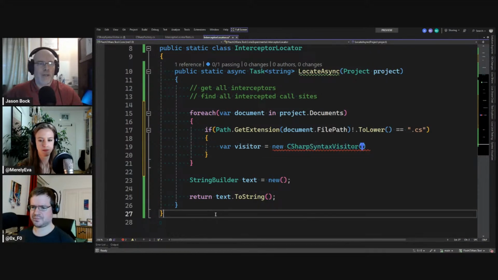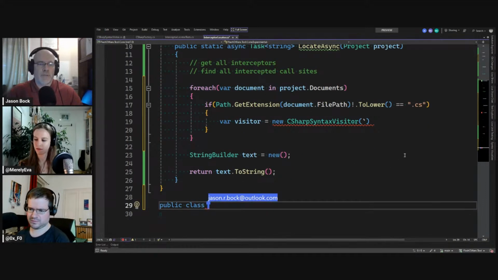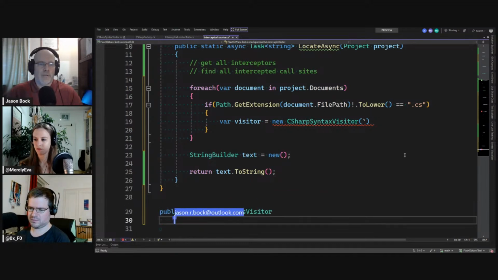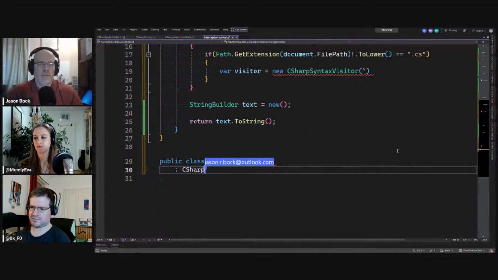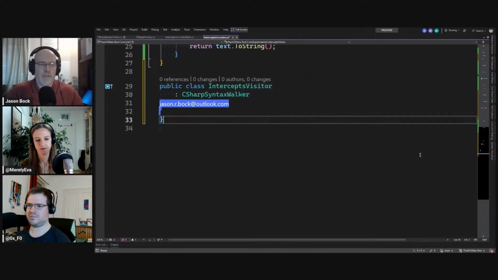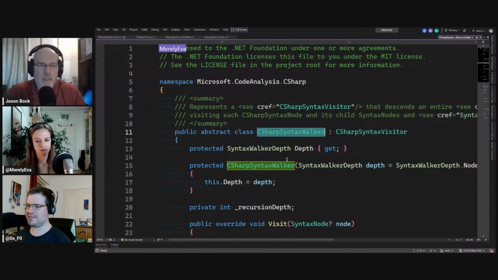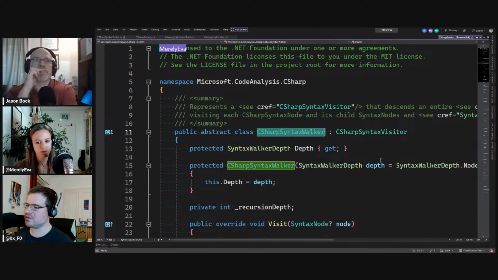So, let's do this. We go public class intercepts visitor, derived from C# syntax visitor. Or actually, no, I just saw that it's the walker that I think we want. What is the difference between the walker and the visitor, other than the walker deriving from the visitor?